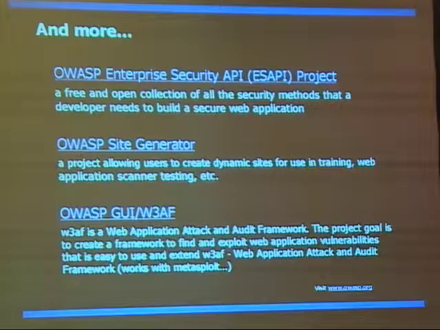They're very helpful. Site Generator is a tool that maybe applies a little bit more to the corporate community, but Site Generator essentially builds a bunch of sites that you can test an application scanner on. There are application scanning utilities out there. There are some free ones, but there are some commercial ones like WebInspect or AppScan. In order to test them, you need a website to test them on. So this generates a bad or vulnerable website so you can test tools on. And I'll let you speak on the last topic.